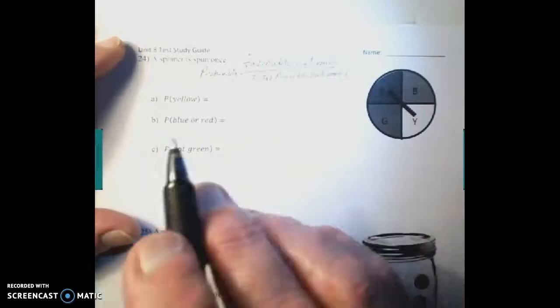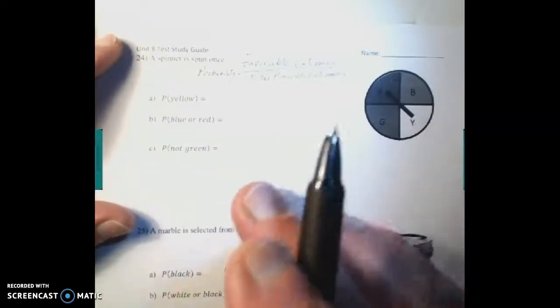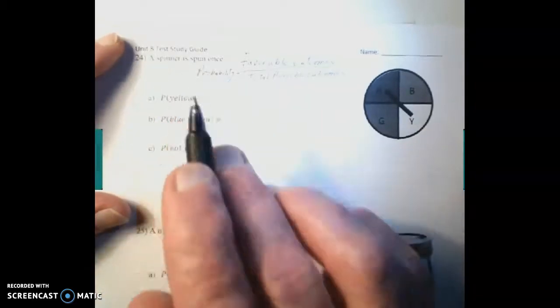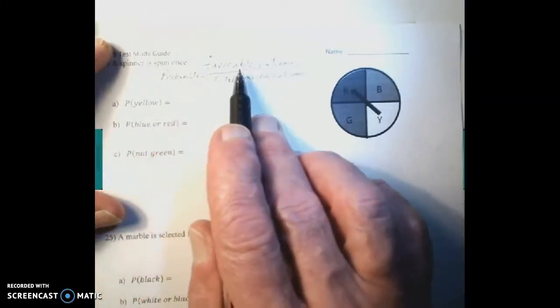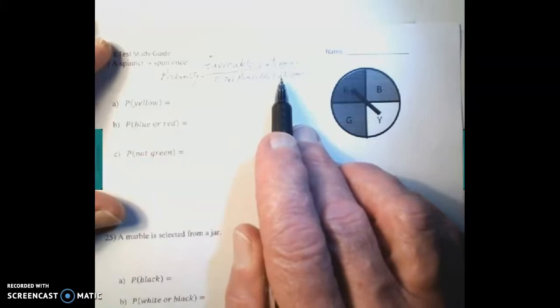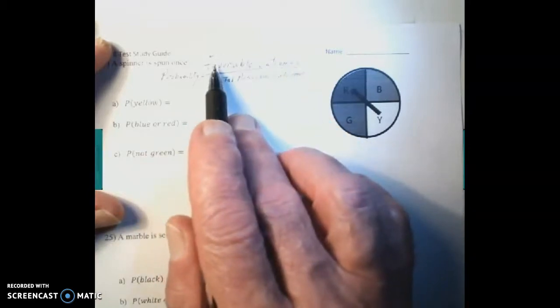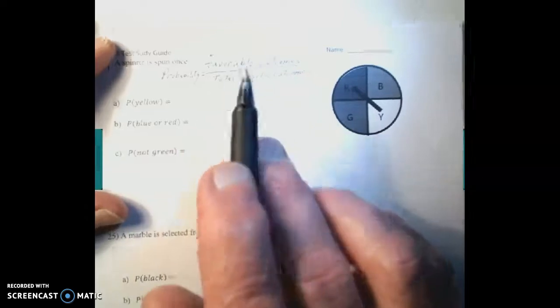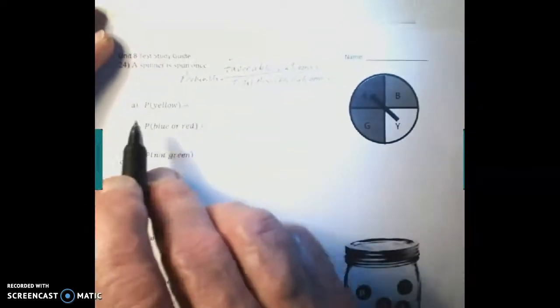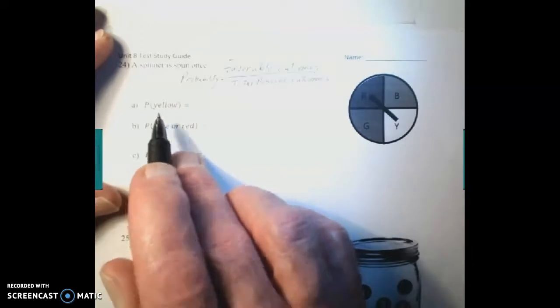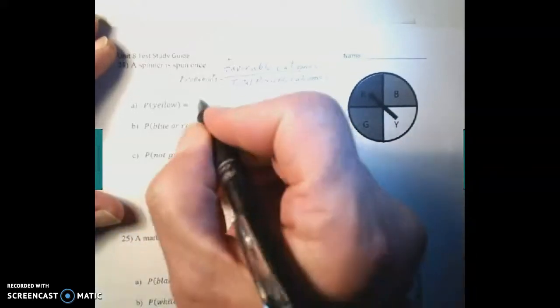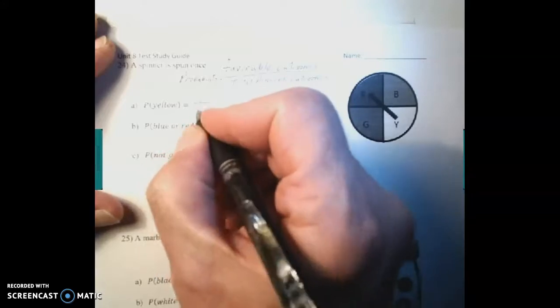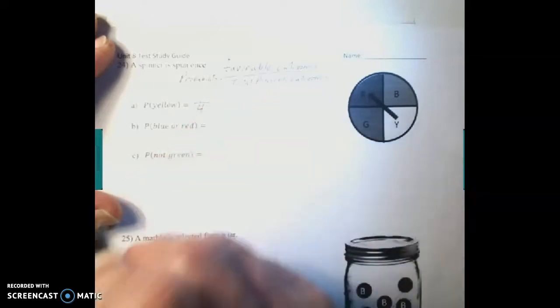Okay, Unit 8 Test Study Guide, question number 24. A spinner is spun once, and this is the picture of the spinner. Again, probability is favorable outcomes over the total possible outcomes. Favorable meaning it matches what we're looking for. So here, number 1, letter A, the probability of yellow, that is one section out of 4 equal sections, so the probability is 1 favorable outcome out of 4 possible